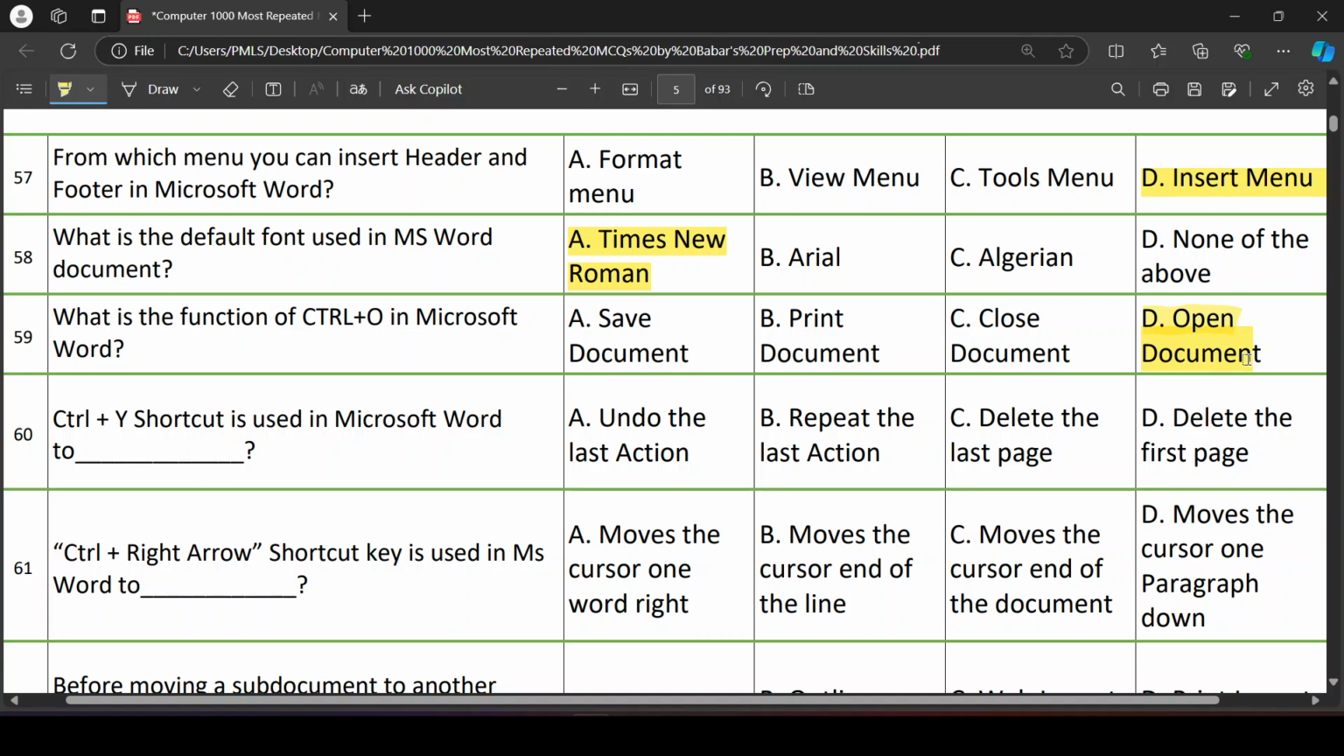Score number 60. Control Y shortcut key is used in Microsoft Word to repeat the last action. कंट्रोल वाई से हमारा लास्ट एक्शन हमारा रिपीट होता है जो हमने पीछे एक्शन परफॉर्म किया है। MCQ number 61,